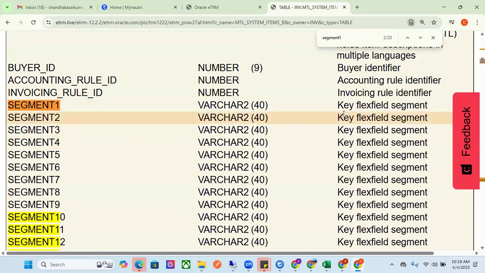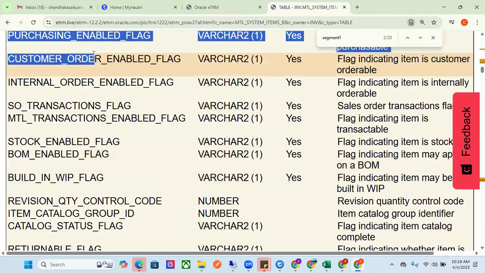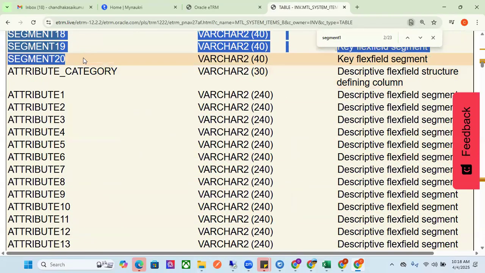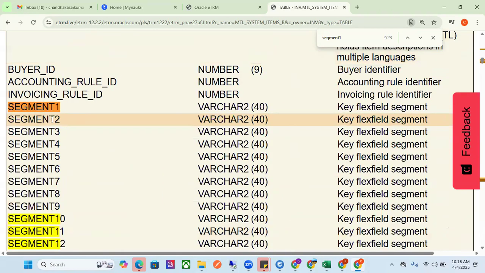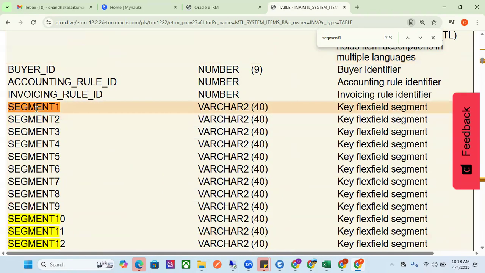Some projects actually, if you talk about tablets and all, you will have 5-6 segments also. Segment 1, 2, 3, 4, 5. Up to 30 segments we have, but no one will use 30 segments. Usually 30 segments are available for key flex field. In some projects, I have seen 3-4 segments also for item. In one segment, they cannot cover